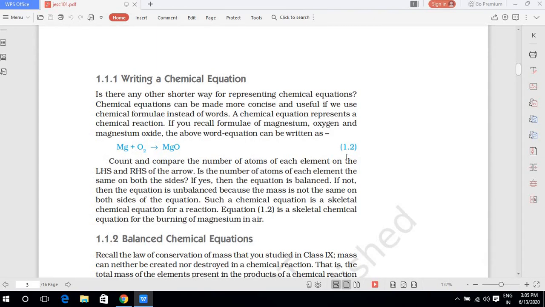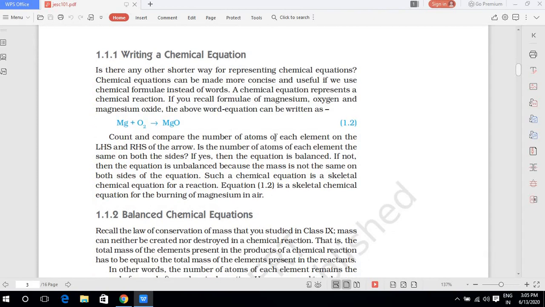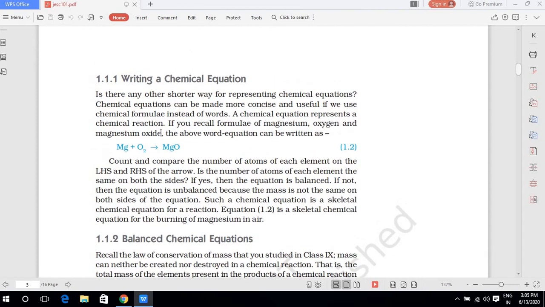Now let's learn about how to write a chemical equation. Before we learn about how to write a chemical equation, we will just know about it again. So in chemical equations, as I've said, since they are the mathematical representation or the description of a chemical reaction, a chemical equation will contain